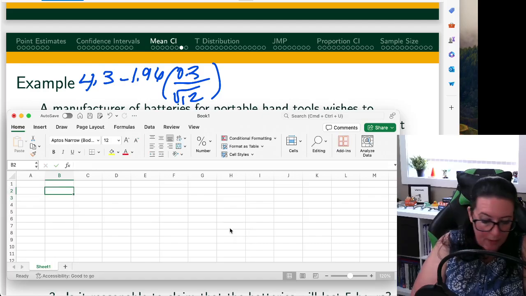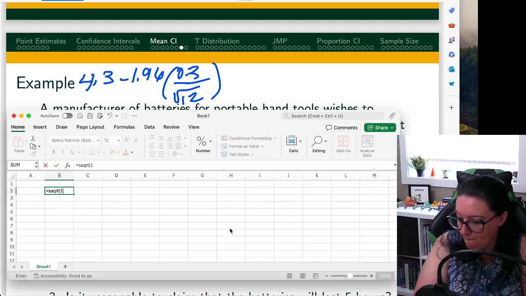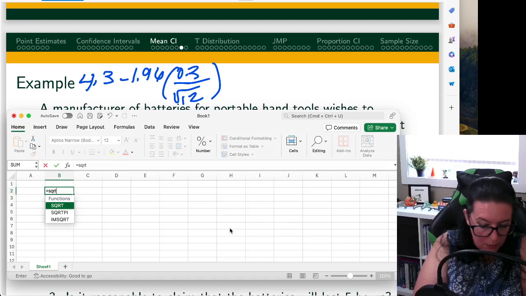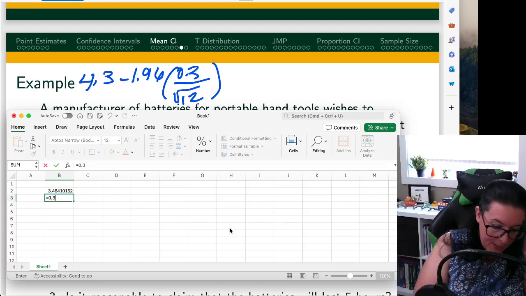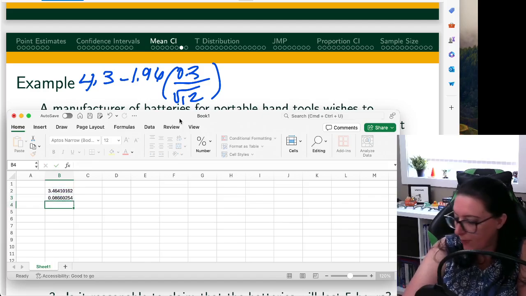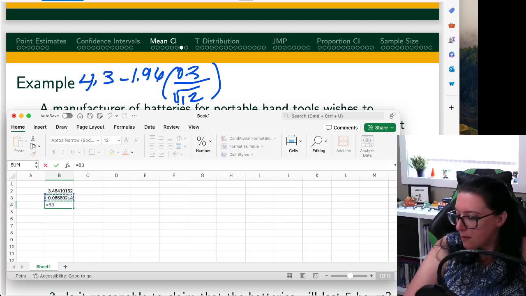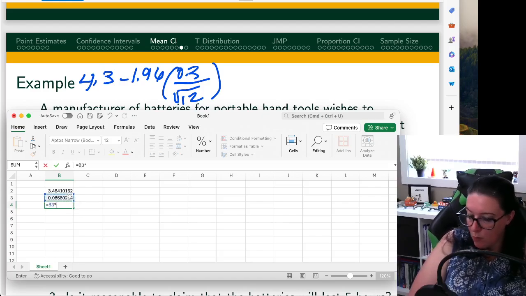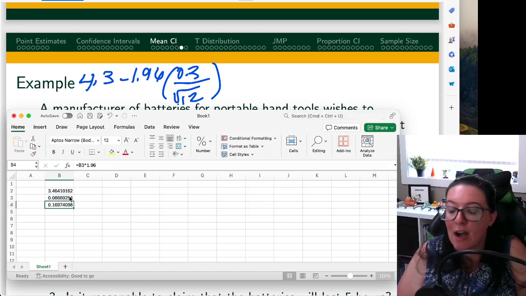Let's do first order of operations. Let's do the easiest first, square root of 12. You've got to have the right command. Then we're going to do equals 0.3 divided by that square root of 12. That gives us the part that is in the parentheses. Then we're going to multiply that times our 1.96. All right, so our margin of error is